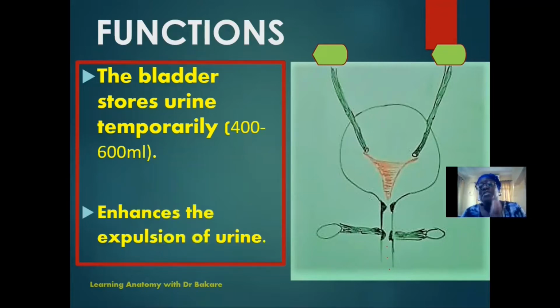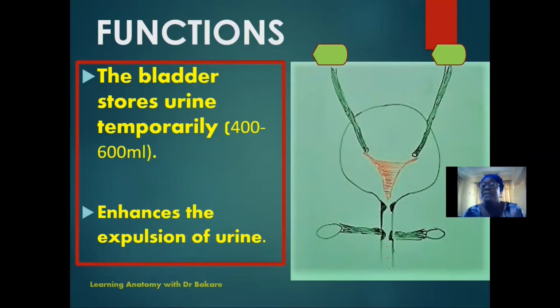Then the second function of the urinary bladder is that it helps to enhance the release of the urine that is stored within it. We said that the urine is stored temporarily, and when the urge to urinate begins, it also helps to contribute to the process of releasing the urine out of the body to the external environment. And it is able to do this because of the specialized type of muscle that it is made up of. We said that it is made up of a specialized muscle called the detrusor muscle. This muscle has the capacity to expand and also contract. And as they do this, they are able to push the urine out of the urinary bladder